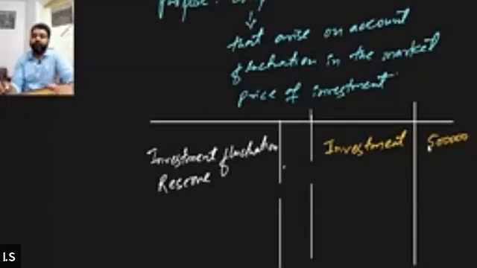If the value of investment increases in the market, that is obviously a profitable situation, and the firm won't be concerned about it. The profit generated on account of an increase in the value of the investment will be divided among the partners anyway. But how are we going to deal with a situation when the value of the investment declines? The value of the investment is rupees 5 lakh, but let's suppose due to market fluctuation, the value declines.